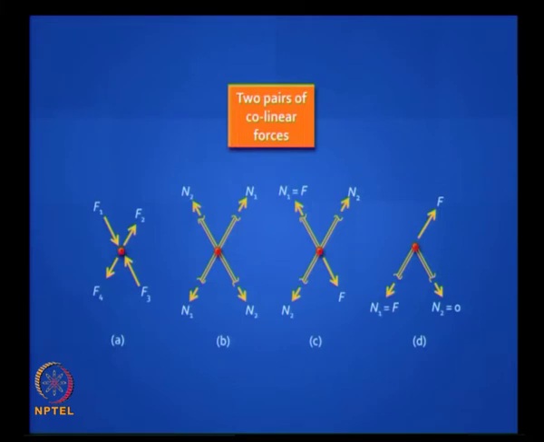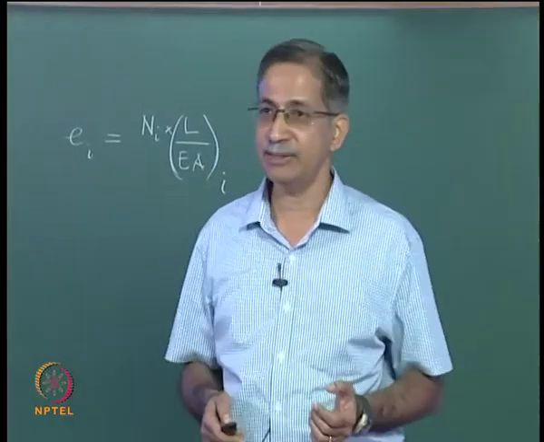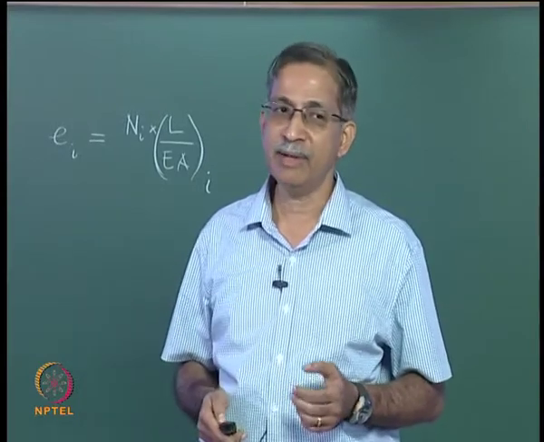Each of those lines could be a bar. So if it's a bar, then you are talking about an axial force in that bar. So you can take advantage of these pictures. If you look at picture D, you will find that if one of those bars has a 0 force, sorry, if you don't have an opposing force at that joint, then you can take that force to be 0. So you must develop the skill of identifying which are the 0 forces in a truss by inspection, and also the ability to identify whether the force that you get is tension or compression.